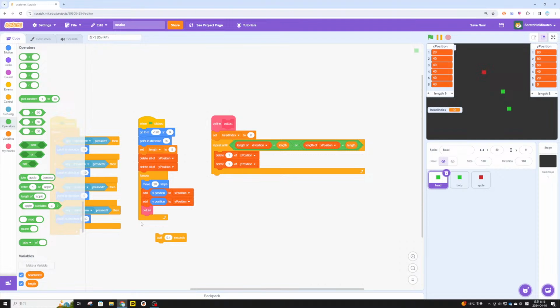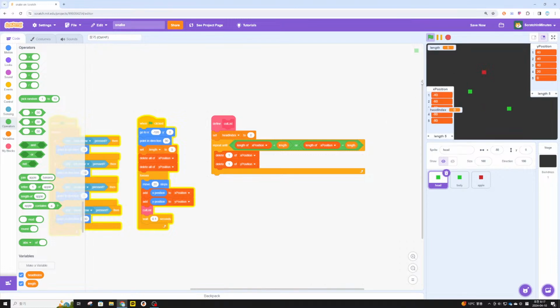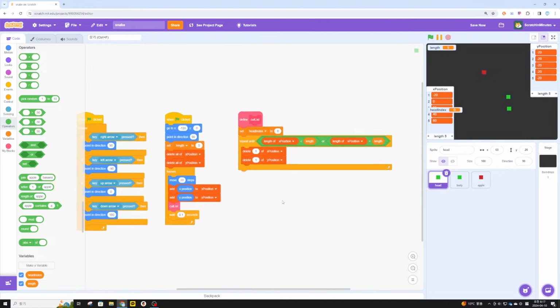Wait, hold up, okay, let's start remembering. I think that's okay. Yeah, the function comes after the x and y position. Yep. Okay. So the one on the bottom is our current head position. Okay, and the length is the same as our variable length. Okay, I think this is good. Right. So the head is